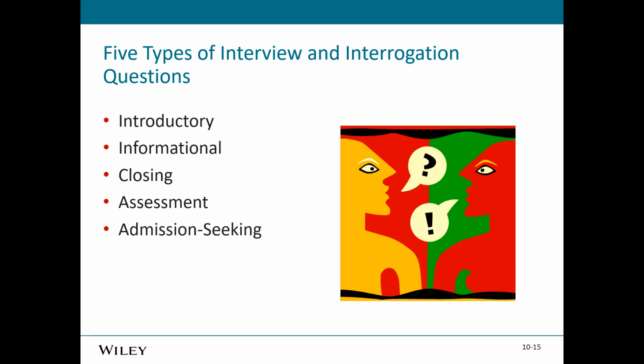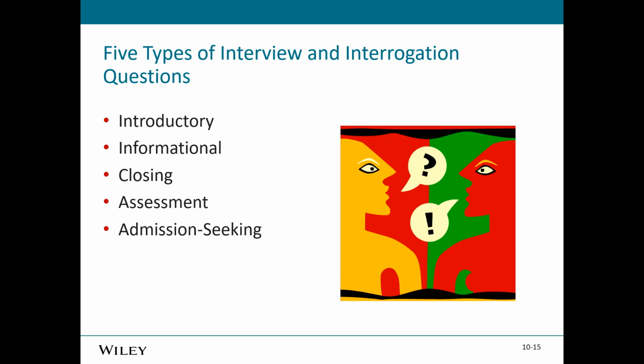So then we can move into our closing questions. At the end, after we've gathered all the information, we're going to reconfirm the facts, go over some of the key details to make sure we correctly understood everything. But we're not going to go over every single detail, just the high level, the basics of the facts. At this point, we might need to gather some additional facts, again leaving the door open. We want to ask them if they feel like they've been treated fairly, giving them a final chance to add anything and leaving the door open.